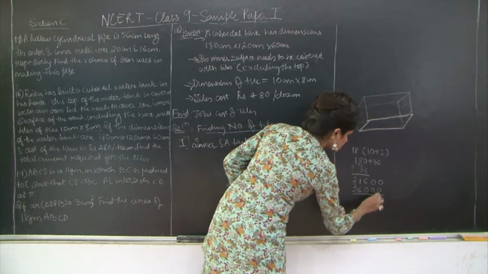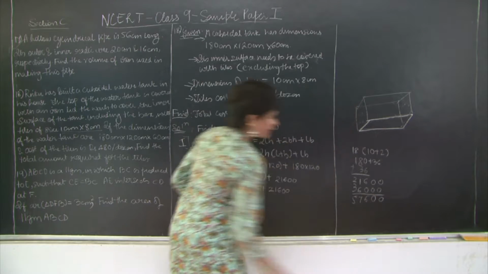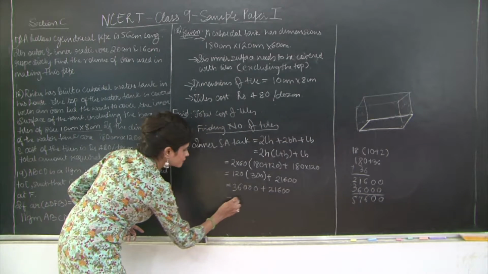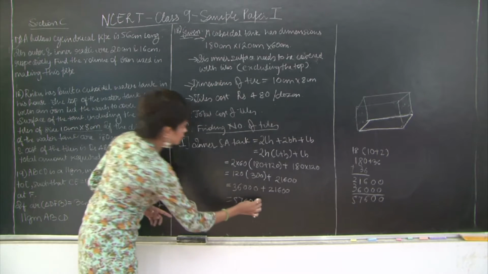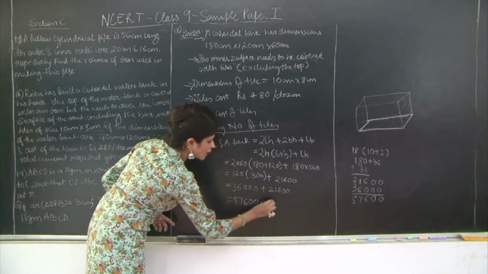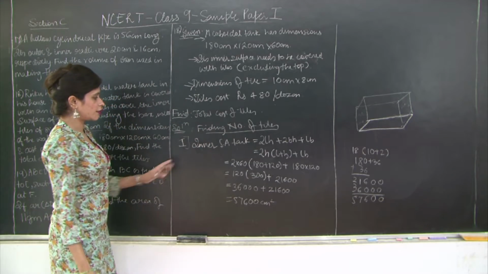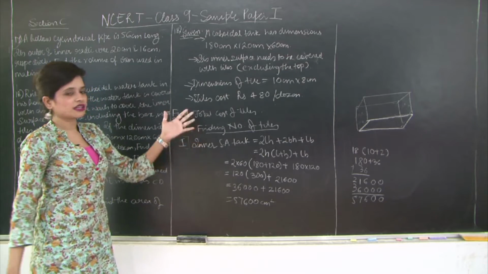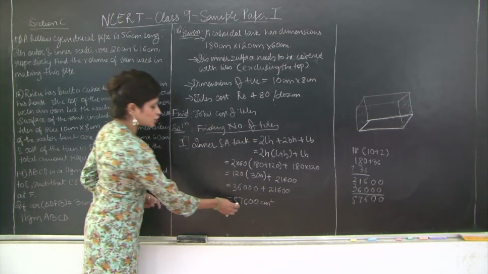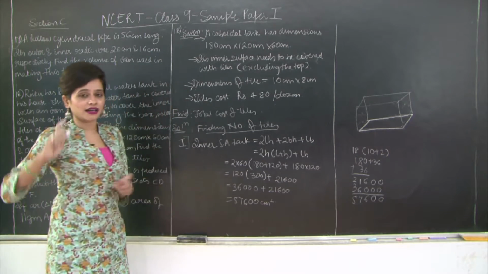I get 57600 centimeter square, because this is the surface area we are talking about. So now we have the inner curved surface area of the tank. We need to find the total number of tiles, which is going to be this divided by area of one